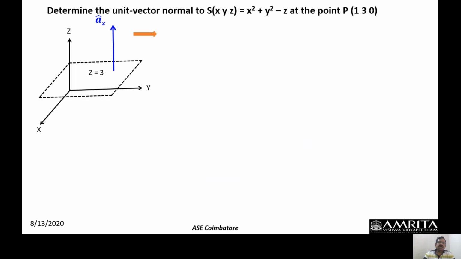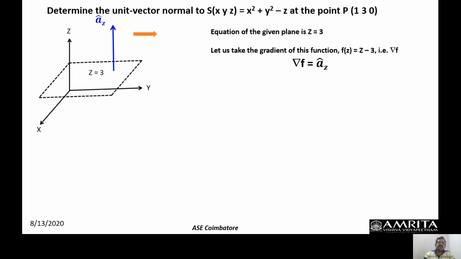Let us try to understand whether the gradient can give this answer. Let us take the gradient of this function z = 3. If the function f(z) is z minus 3, I have rewritten z = 3 as z minus 3. It is only varying as a spatial coordinate along the z-axis, because these planes can vary along the z-axis like this, so it will cut different intercepts. Therefore, I have dropped the other two spatial parameters and just written it as f(z) for simplicity.